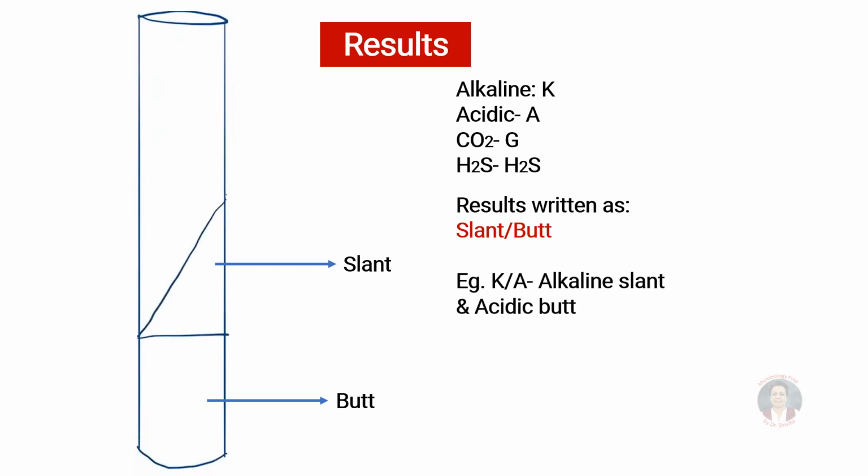For example, if the result is written as K/A, it means K is indicating the alkaline slant and A is indicating the acidic butt. So meaning peptones have been utilized aerobically and the butt is acidic, meaning sugars have been utilized in the butt, that is the anaerobic conditions. Now let us see these diagrams or the results and with that we will learn how to interpret the reaction